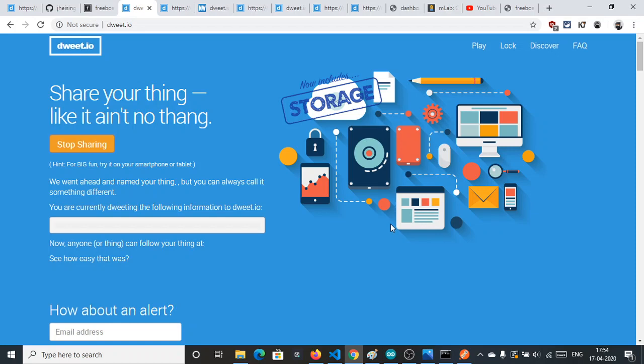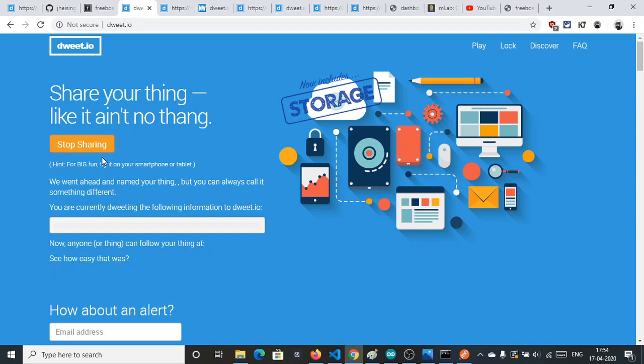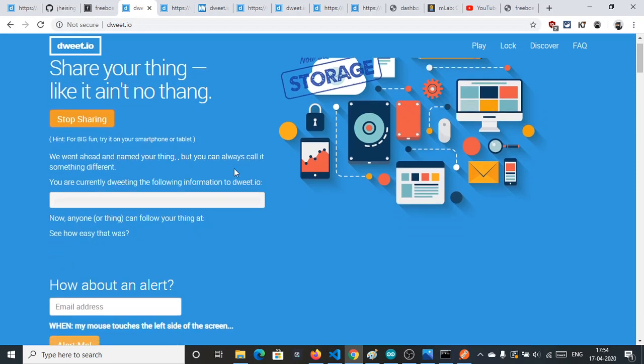Now let me reload this page. They give a really interactive demo on the website as well. Just click on the try it now button, and it will work.